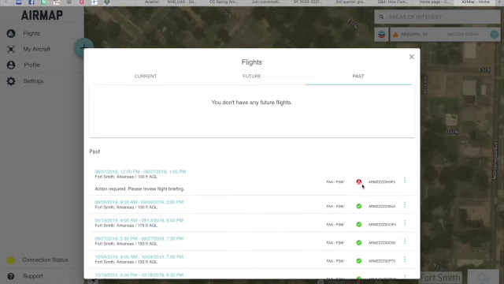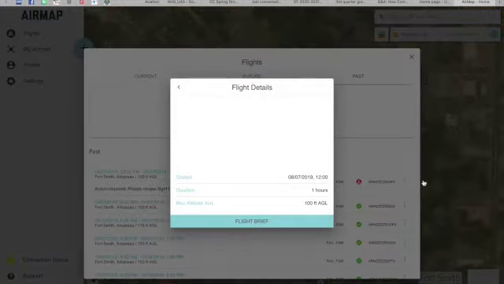when I initially filed for this flight, it was good to go. I'm just going to go ahead and click on the three dots, and I'll tell you more about that as we go through. We got flight plan details, duplicate flight, and delete flight. If we don't need this information anymore, we can delete the flight. If we want to try to recreate that, we can duplicate it with the same exact information. Or we can look at the flight plan details. So with that particular flight, when I filed, it got authorized, was good to go. I had filed a couple days out ahead of time, and then whenever it came down to it,